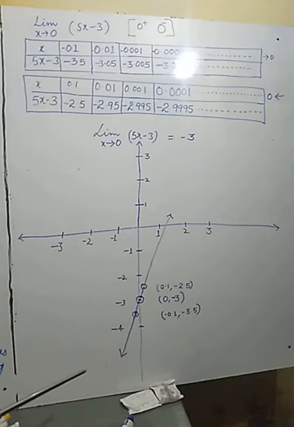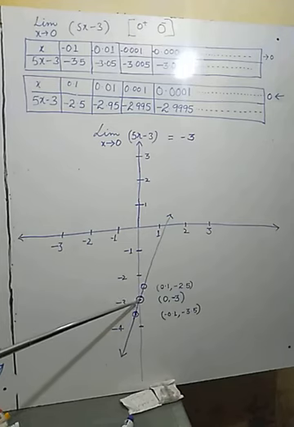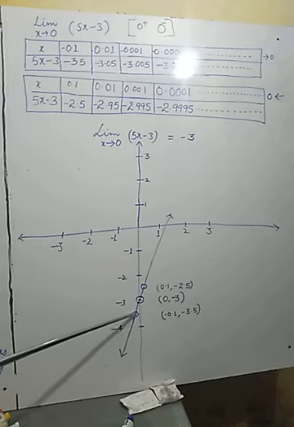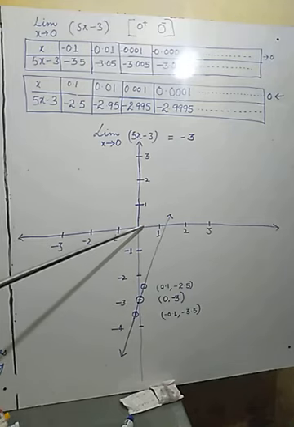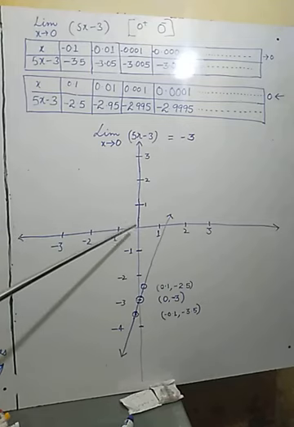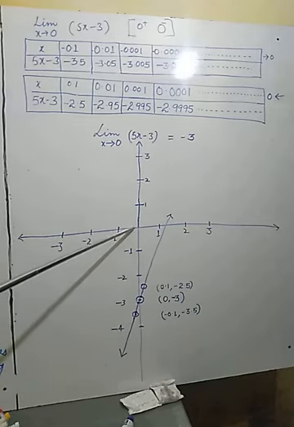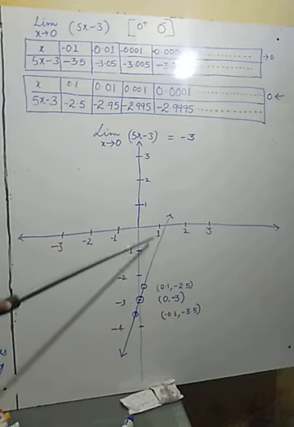It is -3. This -3 is the limiting value. You may observe here. So one value is taken after 0 of x, second value is taken before 0 of x. One value is taken here, second value is taken here. If the value of x is taken before 0, that is left hand limit. If a greater quantity is taken, that is right hand limit. Clear? So in shortcut it is known as LHL and RHL.